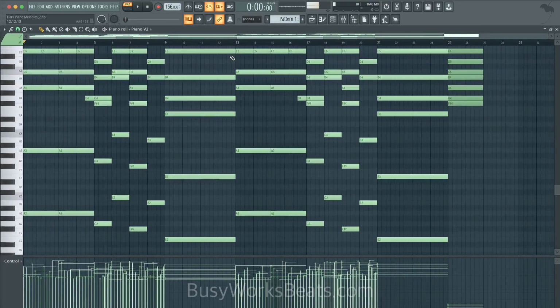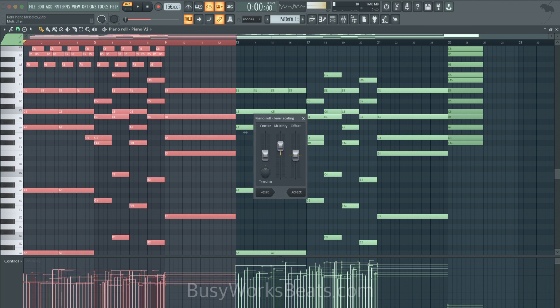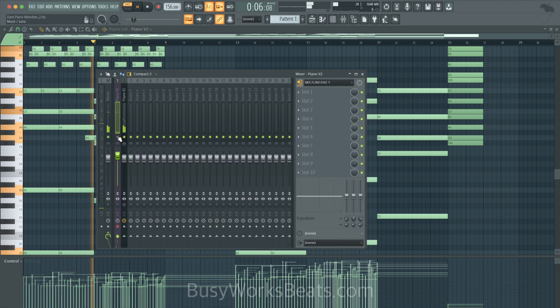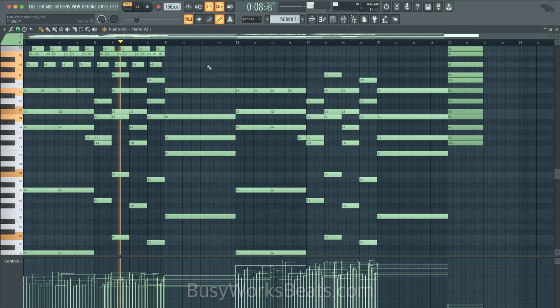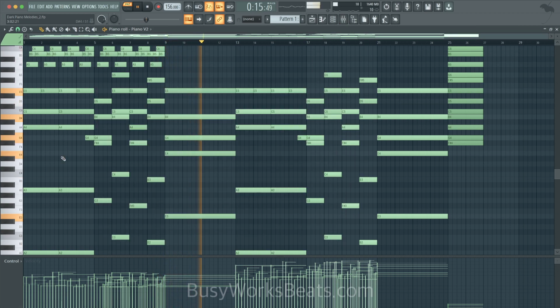To highlight the whole section, you just grab the black bar up top, hit Control, left click and highlight. It grabs all the notes. Hit Alt X. We're going to make it start off on a softer tone, like right here. Hit Accept, and then it's going to open up to the regular tone to the right. That way you have more dynamic in your music, and then it opens up into the harder tones. So that's why it's more expressive.